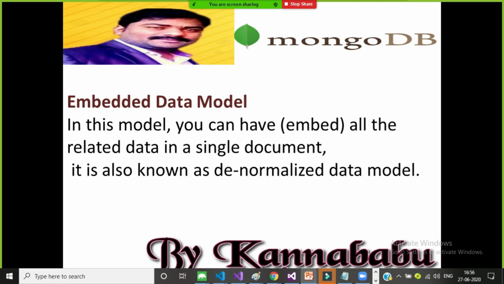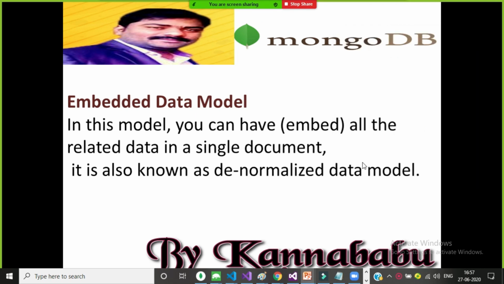Denormalized data model. Generally, normalization means what? It is a database design technique which is used to reduce the redundancy and dependency of data. At the time of designing the database, we need to follow some rules. In the last video, I already discussed some ACID principles and the CAP principles. But this normalization is different. Is it clear? A relational database management system will follow some normalization techniques.